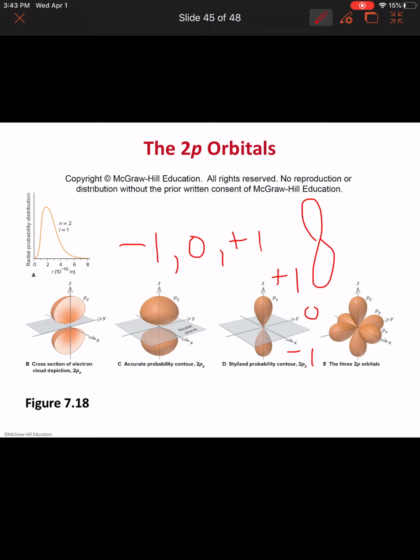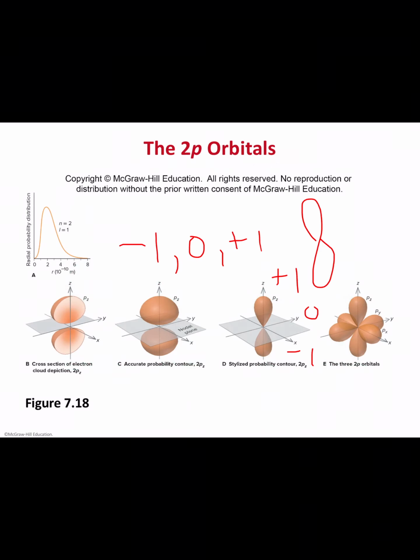So the 3 p orbitals would be perpendicular to each other, and then it would look something like this. You can see a bunch of balloons together, but they are along the x, y, and z axis. So this is your x axis, and this is going to be your y axis, and this is going to be your z axis. 3 p orbitals. Okay,